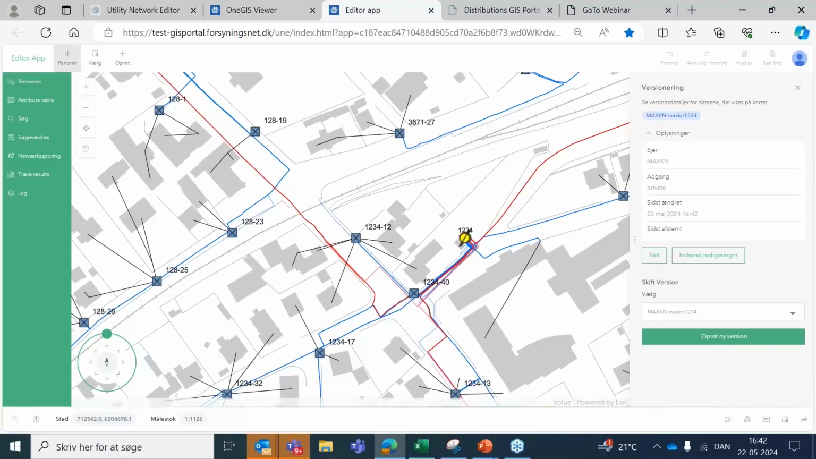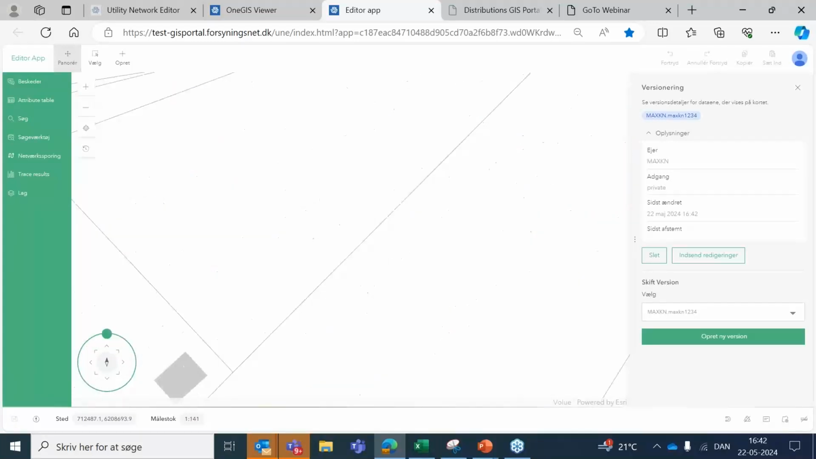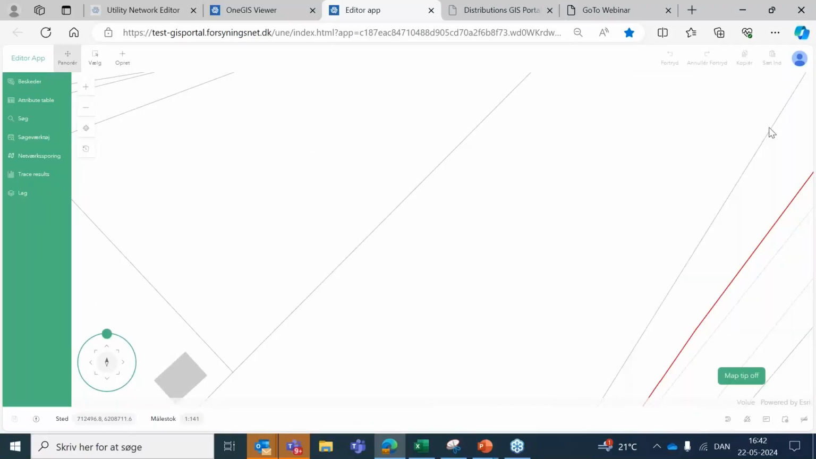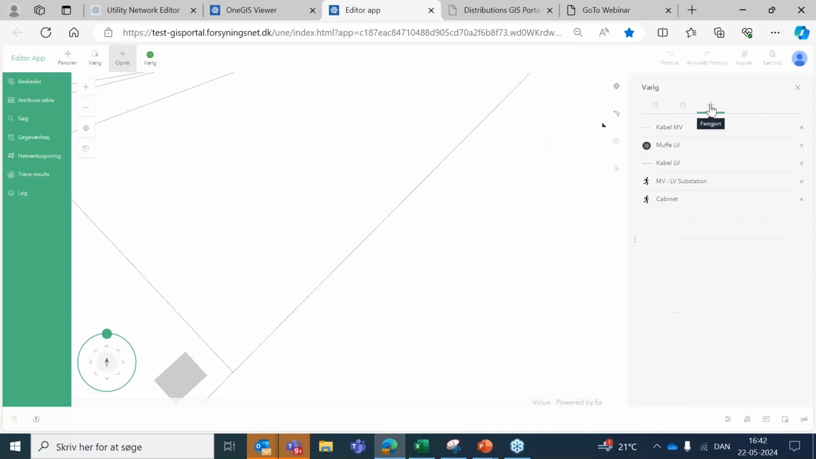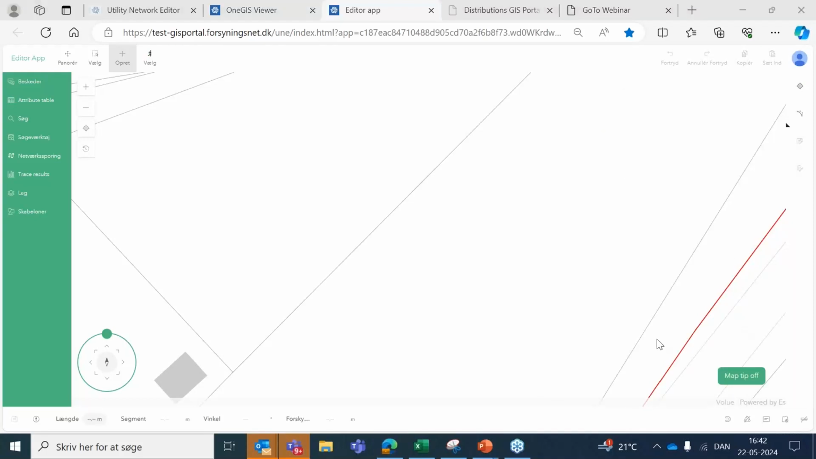And now I got myself a new version, and I can zoom into the area where I would like to place the new transformer station. I can close this one and say I would like to create here, and I have some smart templates here, and one of them is a new transformer station. So I click on that, and I click where it should be and the direction of it,